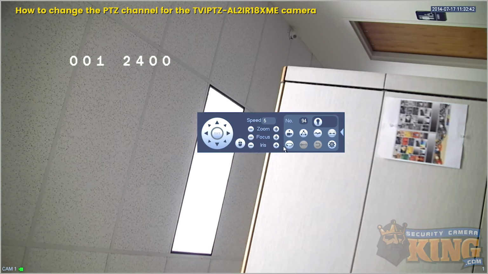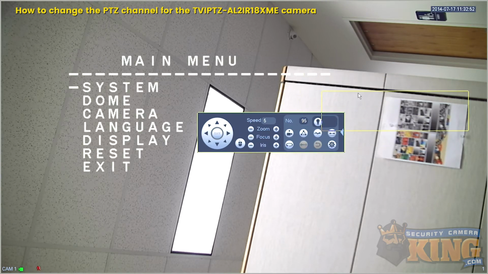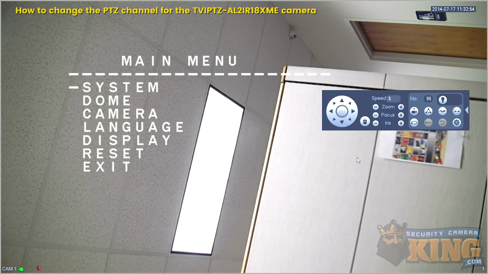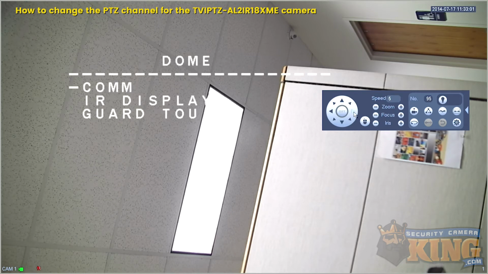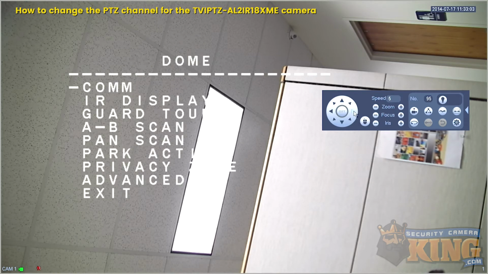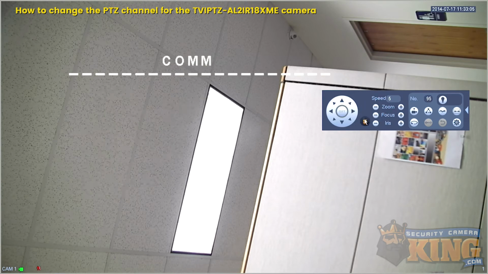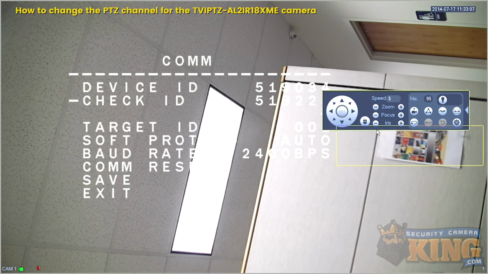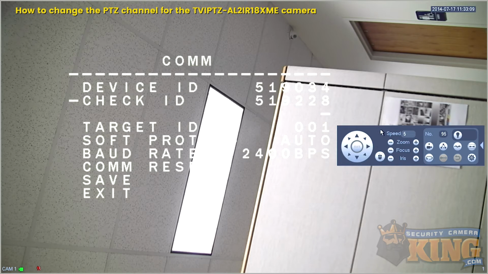expand this menu, and we are going to call PTZ preset 95. As you can see, that's going to open up our OSD menu. So now you want to go down to Dome, and then you want to go to COM. And so here, what you want to do,